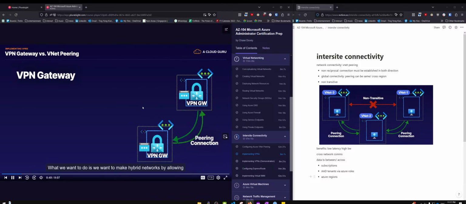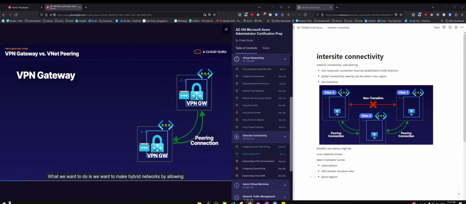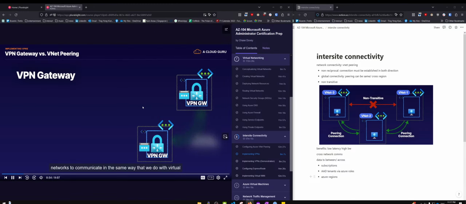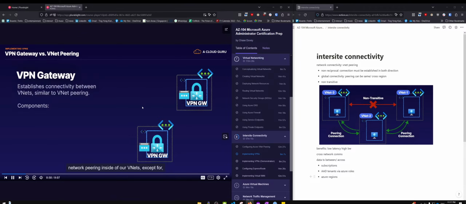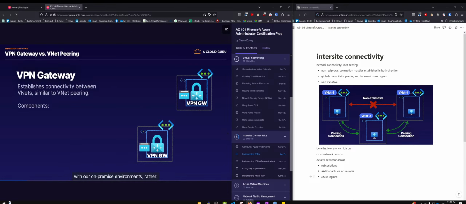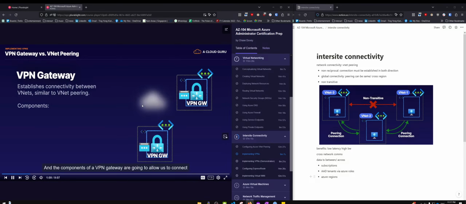What we want to do is make hybrid networks by allowing networks to communicate in the same way that we do with virtual network peering inside of our VNets, except with our VPN gateways, we can do this specifically with our on-premise environments. The components of a VPN gateway allow us to connect two different networks, both our Azure virtual network and our on-prem network or another virtual network over the public internet using